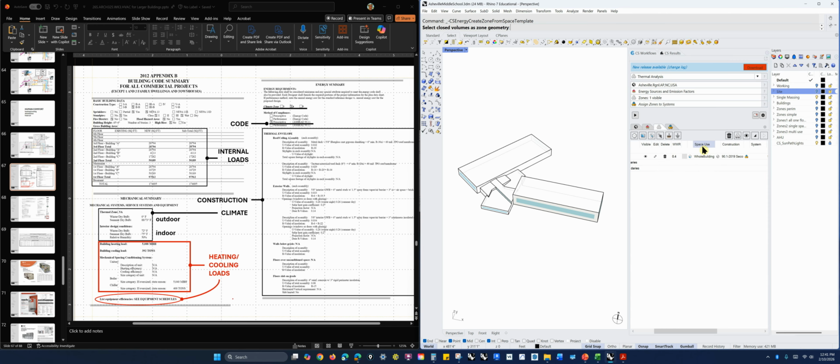So if I go into, there are two templates in Climate Studio. So Climate Studio is saying this is a thermal analysis we're going to do. And so there's a bunch of variables that,